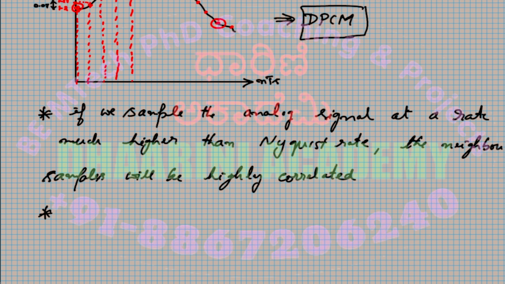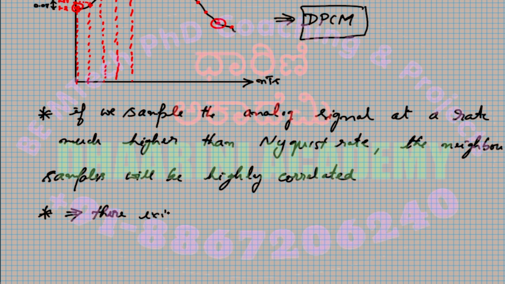Now you see the same concept I'm applying here. Since I'm saying they are highly correlated because of sampling them at a higher rate, the difference between their amplitudes is very small. So I can easily write this because of our understanding of correlation. This implies